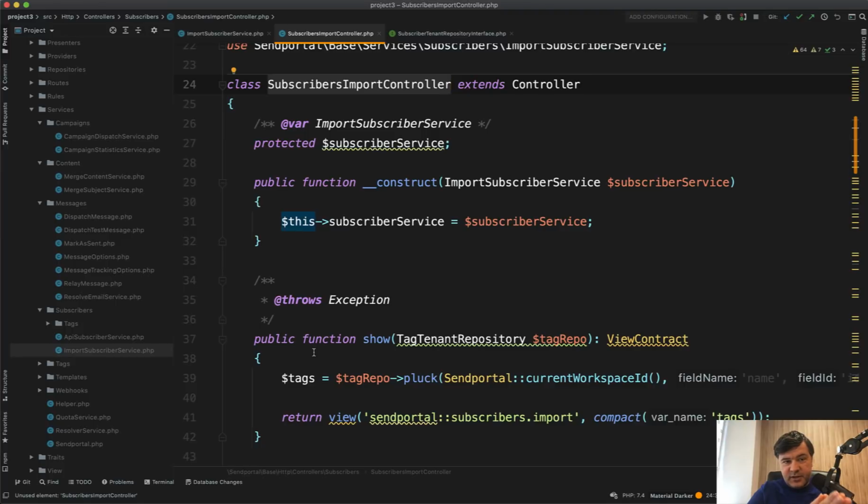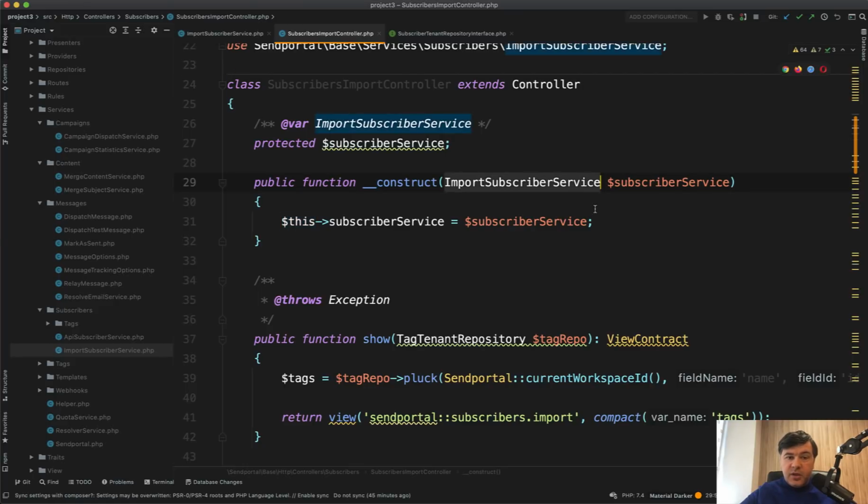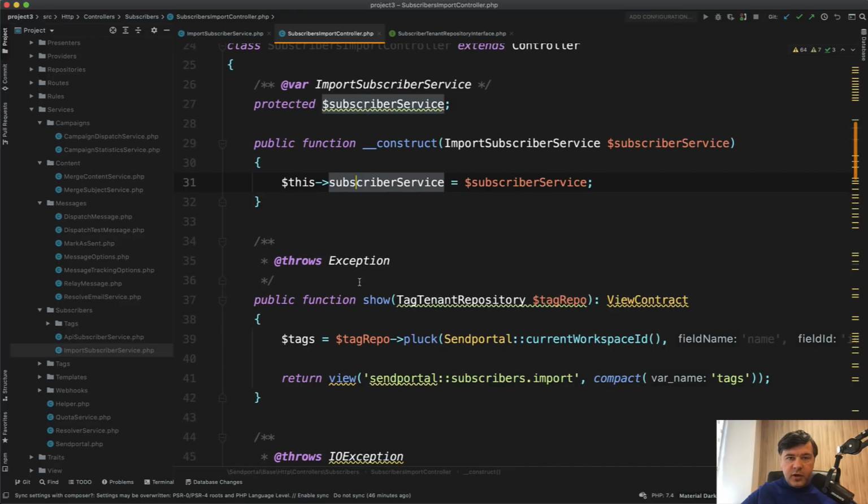So the things that we've discussed previously, I'm kind of growing in this video with more complex stuff, and what we just discussed about services and repositories in another project is implemented here, and let's take a look at how exactly. So in the import controller, we have a service type hinted and injected in the constructor, and usually that is done not to replace the service like a repository, but mostly to have this subscriber service for whatever methods are inside. So if you have 5 methods in the controller, instead of initializing and creating a new object every time, you have this subscriber service, which you can use wherever in that